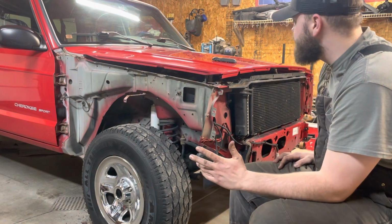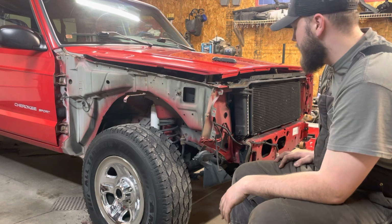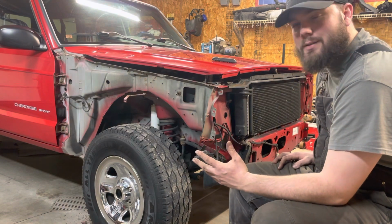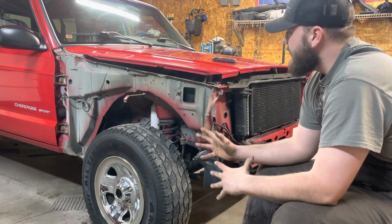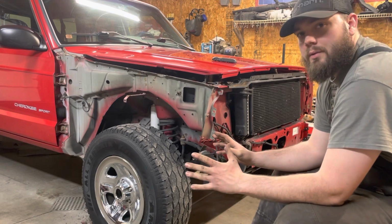But this thing got hit. Guy had a few adult juice drinks and got hit something. Take that as you want. So we got to do a fender, a bumper, a grill, and a header panel, all the front end parts